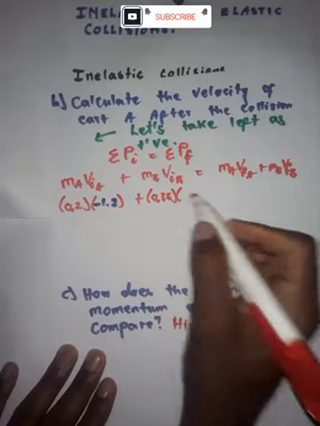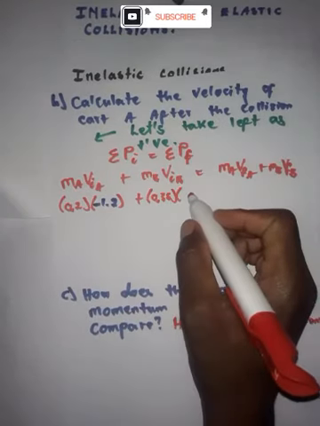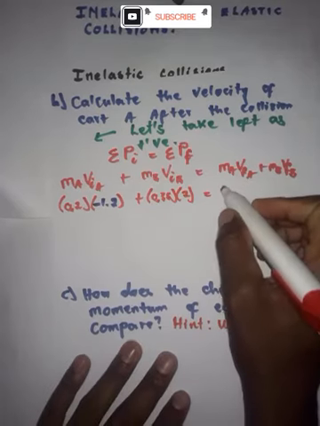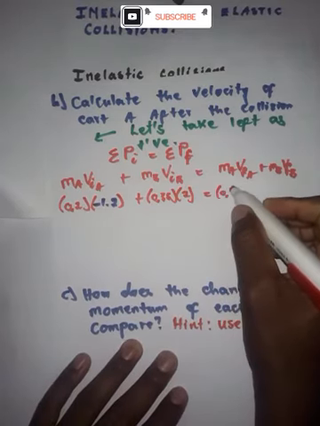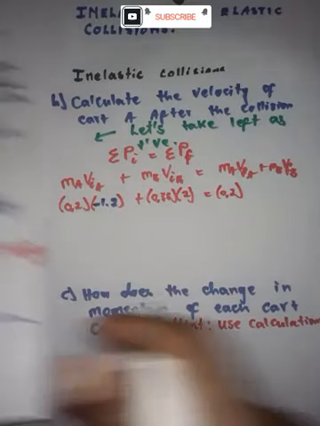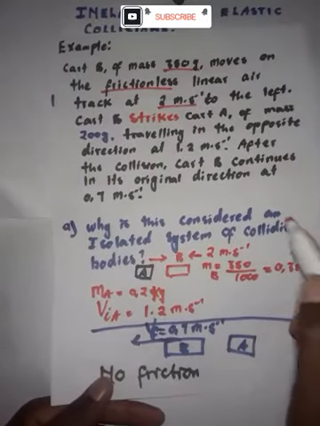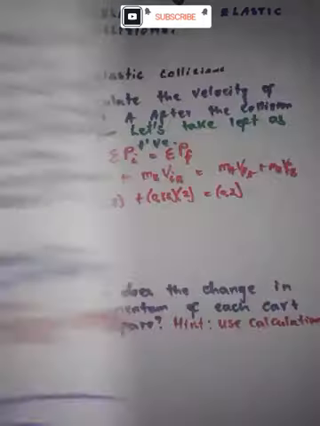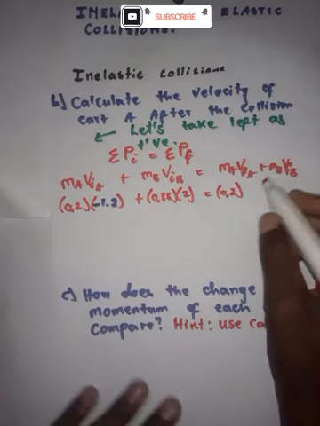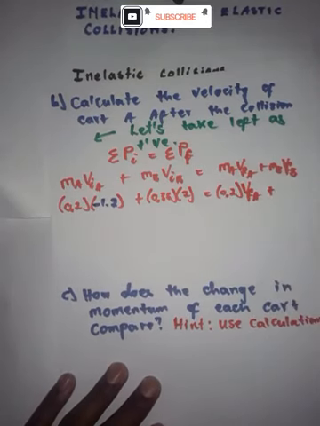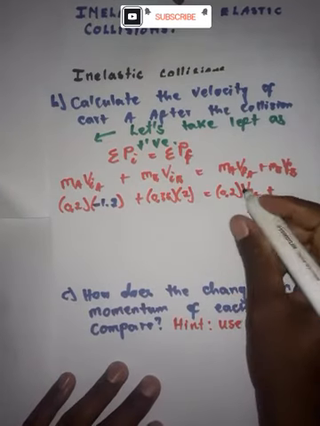We multiply by its initial velocity, which was 2, and then the final mass of A, it doesn't change, is still 0.2. Final velocity for A, are we given that? We're only given the final for B. So the final velocity for A, that's what we're looking for. V final of A plus this of B, which is going to be